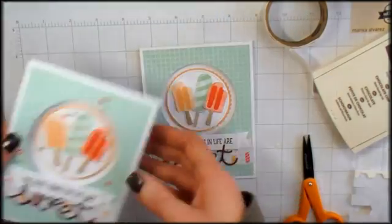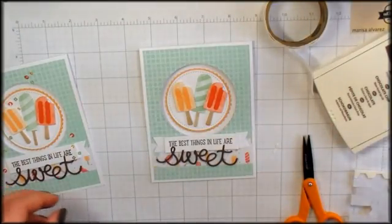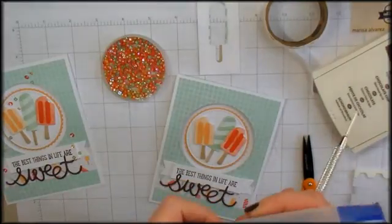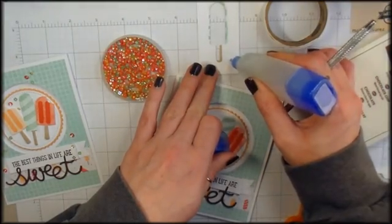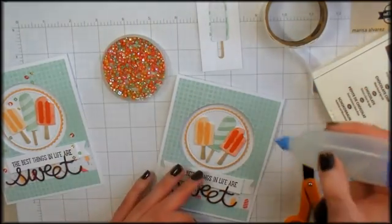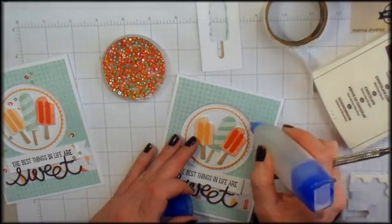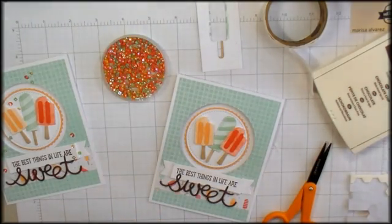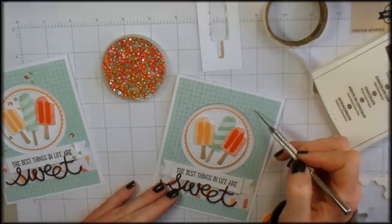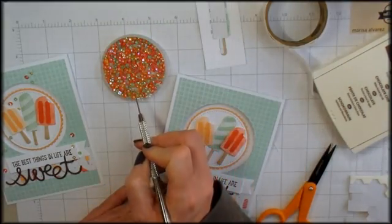Now, last step, we're going to add these fun little bits of sparkle. I got a little bit of clear, drying liquid adhesive here. I'm going to put a dot on a piece of scratch paper. Then I'm going to put a dot, and a dot where I want some sparkle. I'm going to touch that little dot of adhesive, and then I'm going to pick up